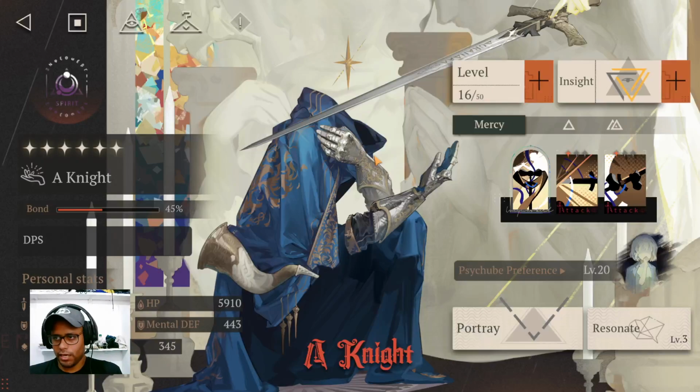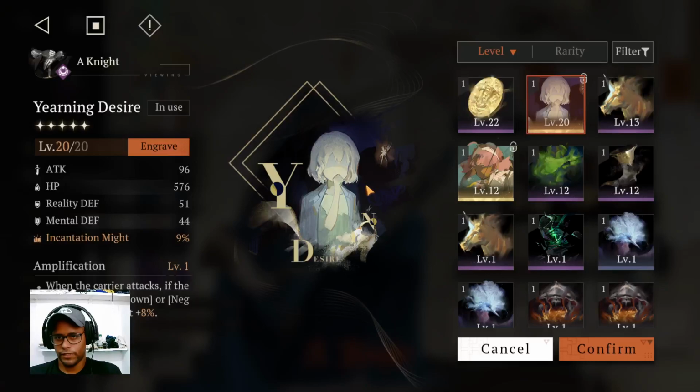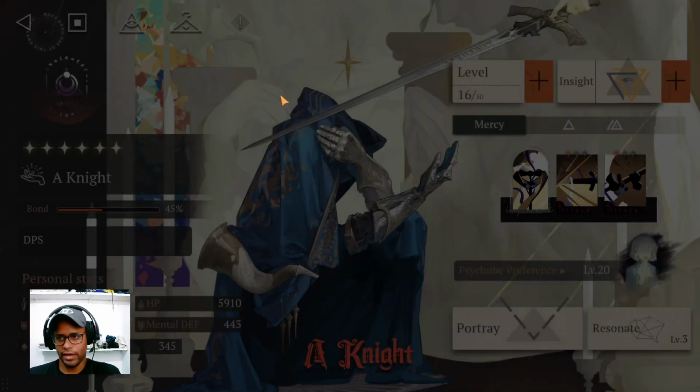Aside from that, let's talk about the Psycube. The Psycube that I'm using right now is this one that gives you Incantation Might. And Incantation Might is basically, guys, the normal abilities, right? The abilities are called incantations, and then the ultimate ability, well, it's called an ultimate ability, right? So as you can see here, when the carrier attacks, if the target has a stacks down or negative status, you increase your damage by 8%. I decided to use this one because I have